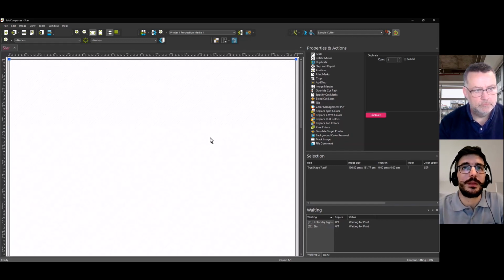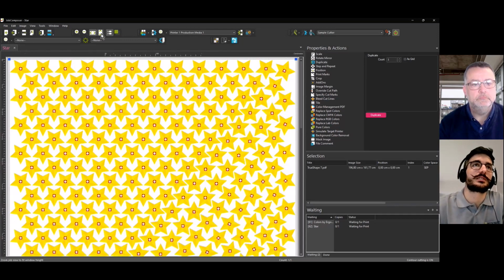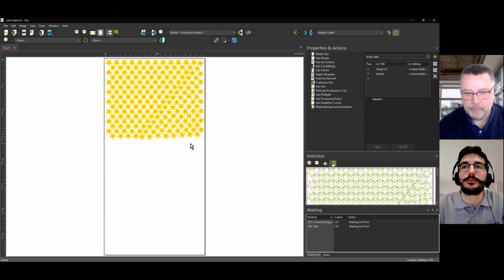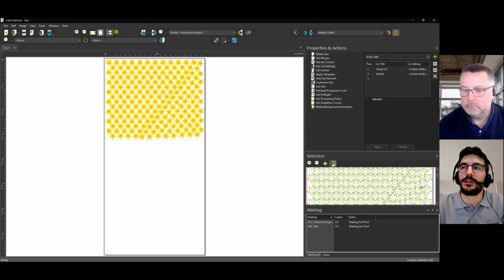and will deliver me a job with 200, in this case, these stars that are rearranged in the area to reduce the media waste. And of course, if I click now on the job and go to the cut settings, because I already had the preset set there, it automatically applies, and you can see that, well, you have your 200 stars to be printed and cut. So